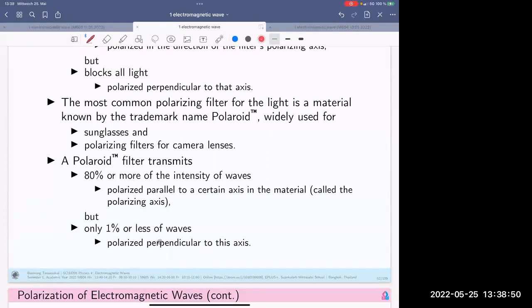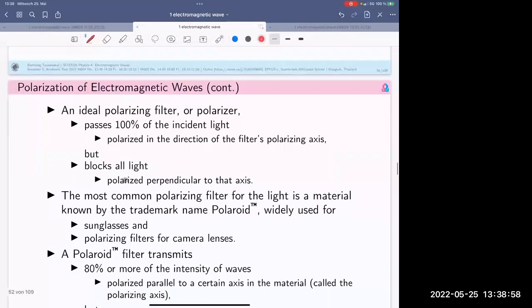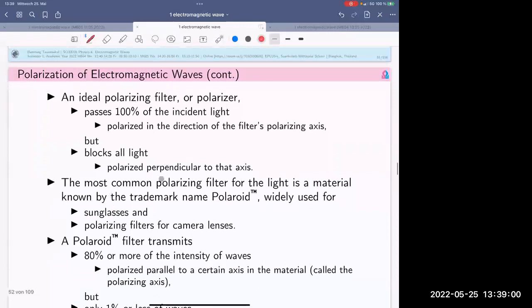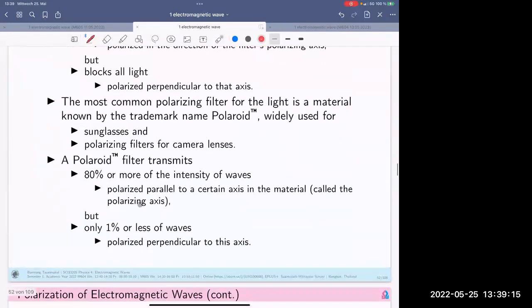The polarization is perpendicular to these axes, actually. It's not like the ideal polarizing filter. An ideal polarizing filter will allow 100% of the incident light intensity and 0% of the light in the perpendicular axis. But in reality, in the commercial product,